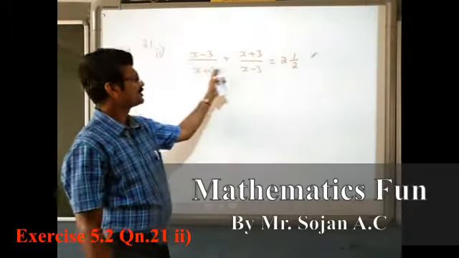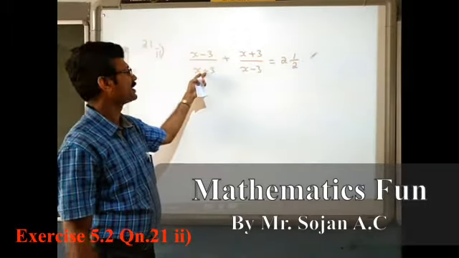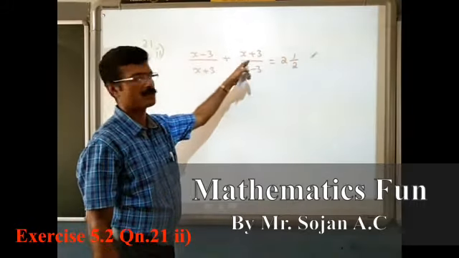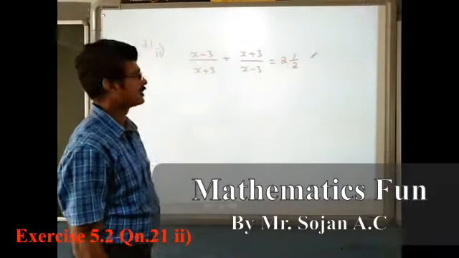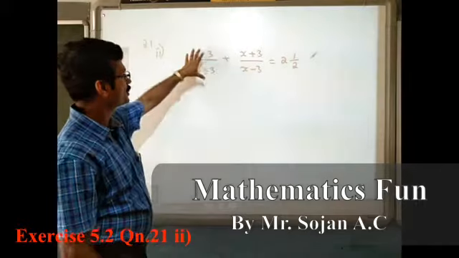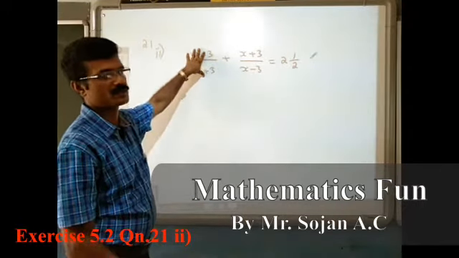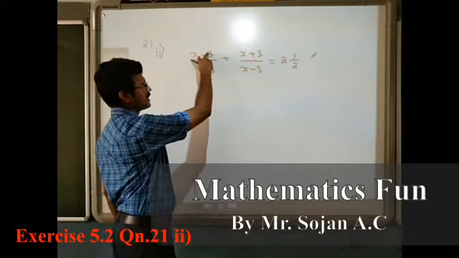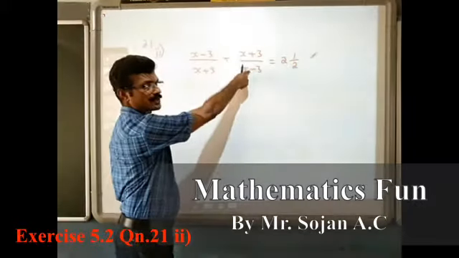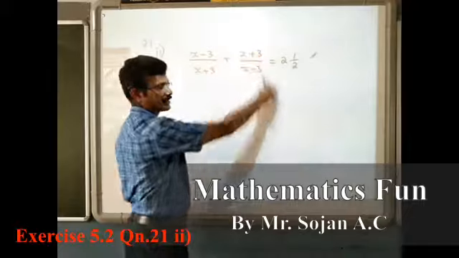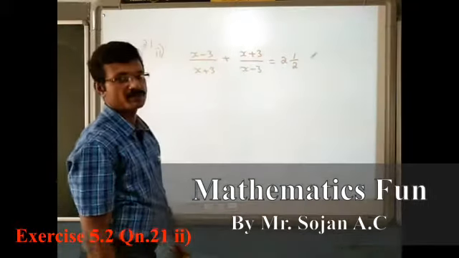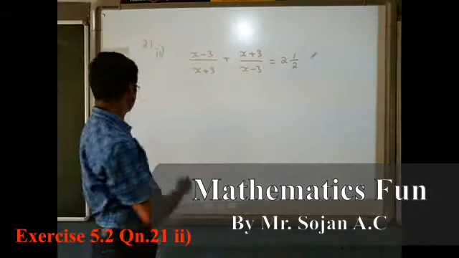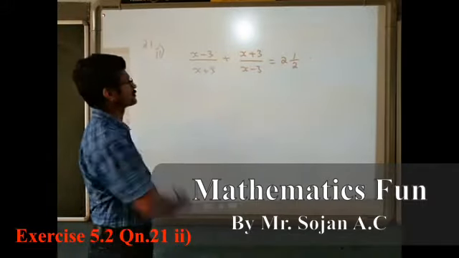One thing you can do is take LCM and cross multiply, and we will finally reach the quadratic. Another technique is, if you want, you can do it by substitution. This question can be done with the help of substitution also, because whatever this fraction is, its reciprocal is given here. So one method is you can do it by substitution. I will do this one with the help of the substitution technique.